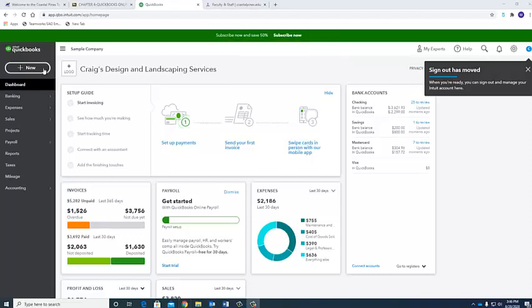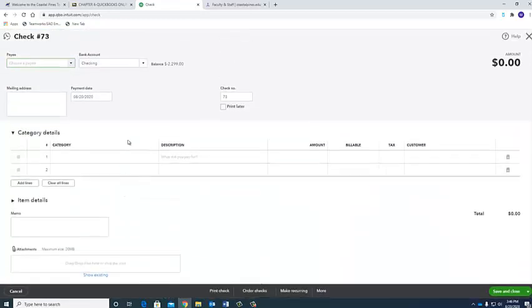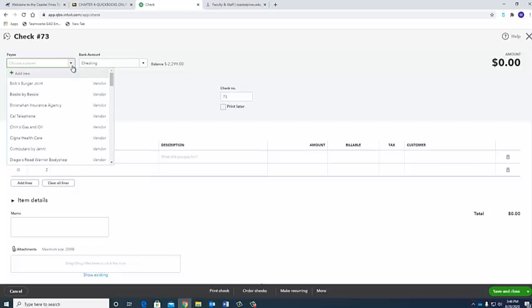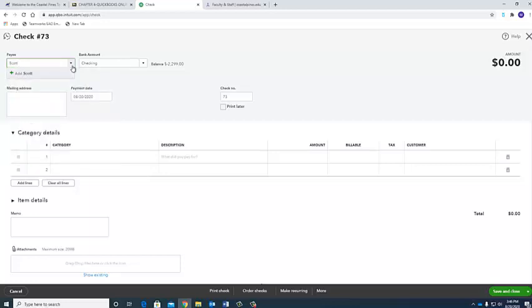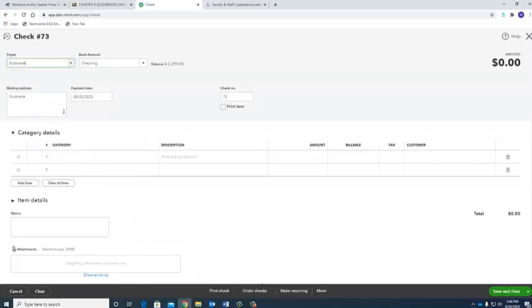The next transaction we'll enter is the purchase of a long-term investment. So to do that, we click New and go to Check, and we're going to have to enter a new vendor here. So our vendor name is Scott Trade, and we need to make sure that Scott Trade is listed as a vendor and not a customer or an employee. And so we'll save that, and we'll come down to the category,